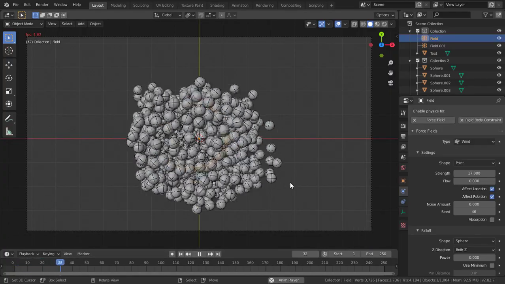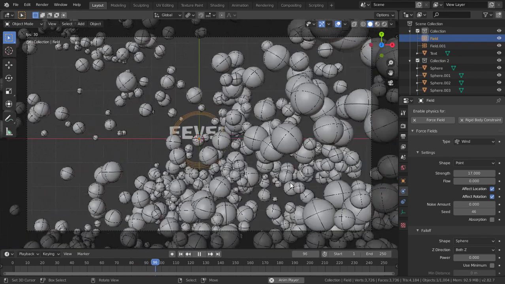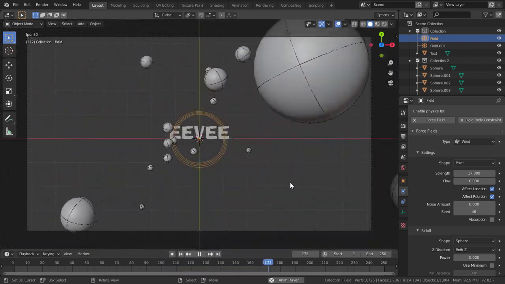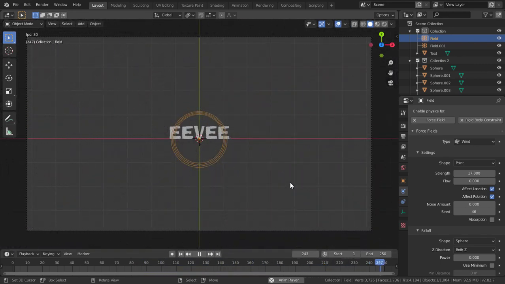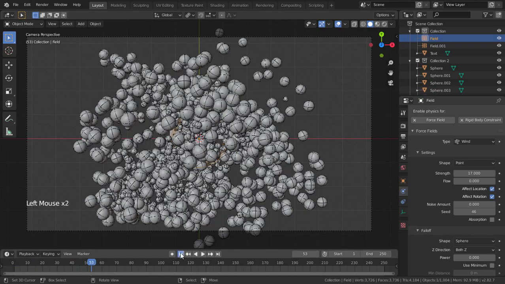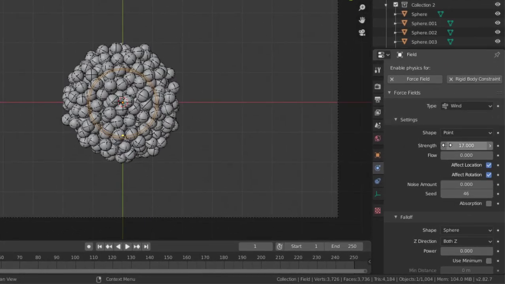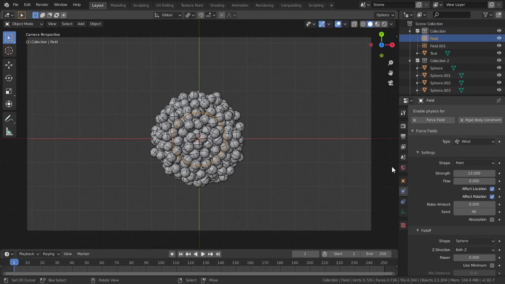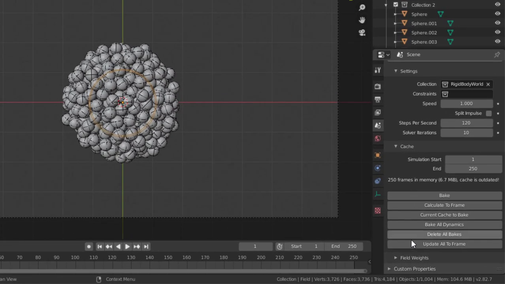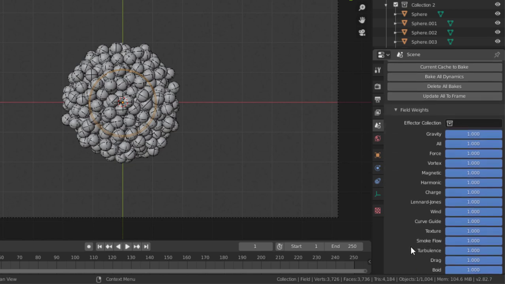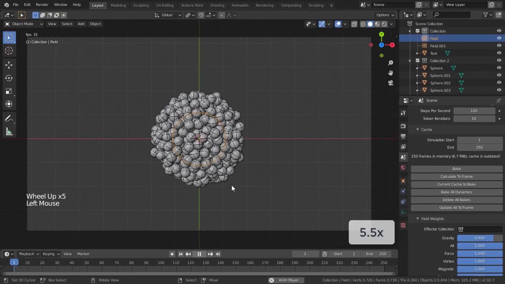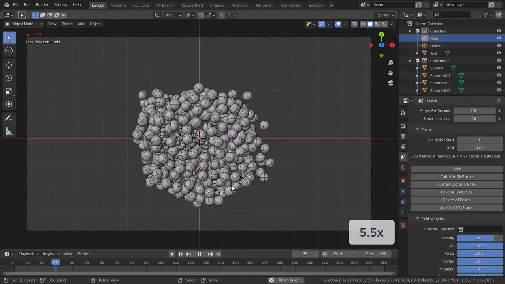You can see that it is doing well for the scene, but if we have more than one force field for our scene, we have to change each one. Therefore, we can use this shortcut method to simulate that type of scene. First, change the wind strength value to 13, the value we used first. After that, go to the scene properties and click the field weights drop down, and set gravity to 0.8. Now click the play animation button and see how it works. It works fine for this scene.